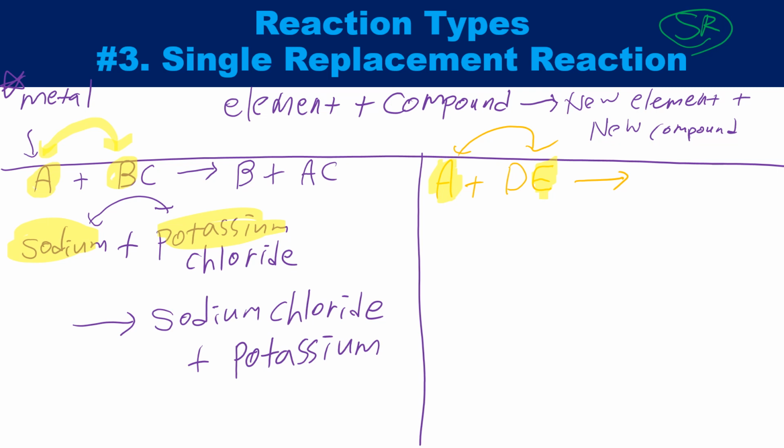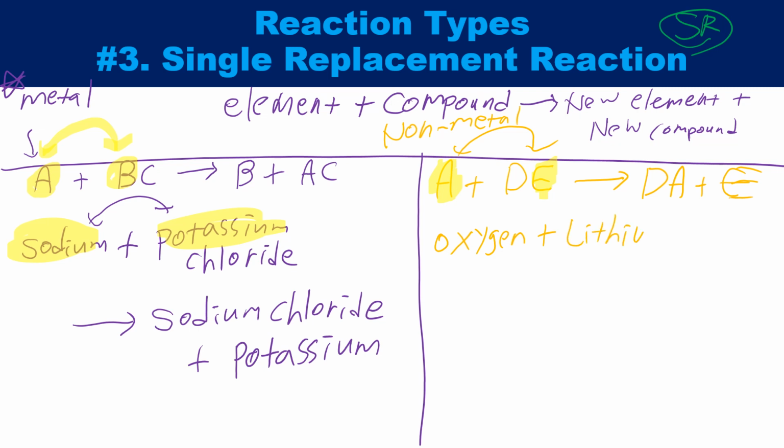If the element A that I'm mixing turns out to be a nonmetal, they switch the other, nonmetal part around. So what I mean by that is A will now be combined with D, and E is kicked out to itself. An example can be, let's say, I have oxygen gas that is being added to